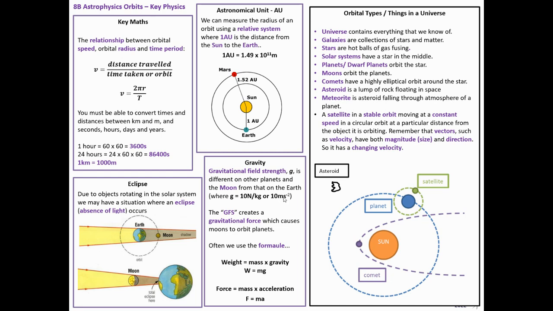Okay, so this is an introductory topic video for iGCSE Physics, 8B Astrophysics on orbits. So key maths, the relationship between orbital speed, radius and time period is V is distance travelled over time taken,